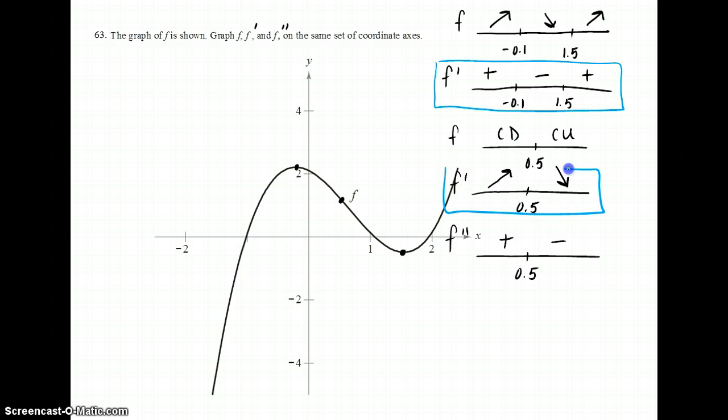So let's look at the characteristics of the first derivative. Relative extrema on the function become zeros on the graph of the first derivative. So we have zeros here. Points of inflection on the function become relative extrema on the graph of the derivative. So at 0.5, we're going to have a relative,